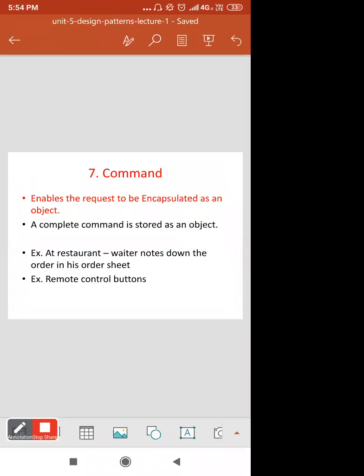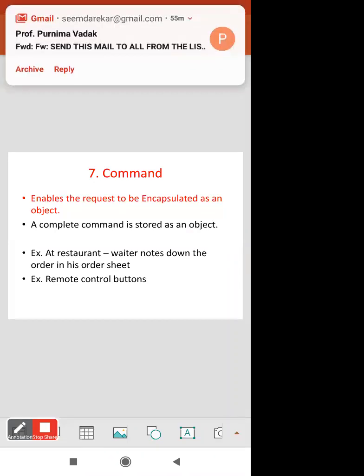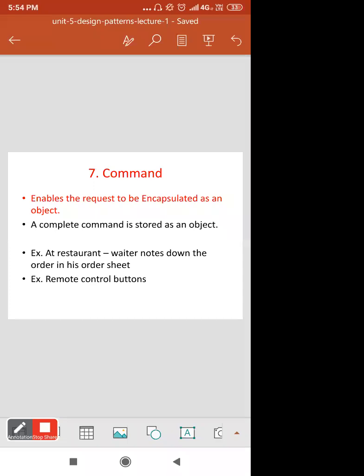Next is the command. So the next behavioral design pattern is command. It enables the request to be encapsulated as an object. Okay, a complete command is stored as an object. So this pattern actually behaves like a command.